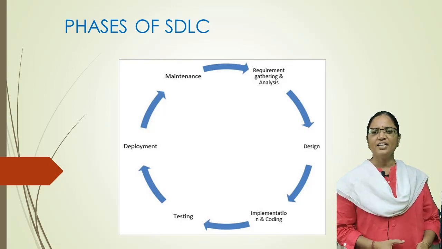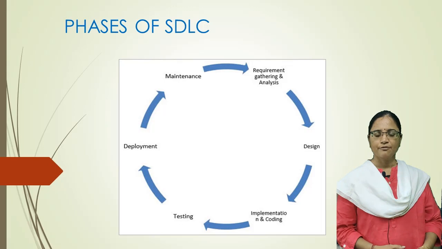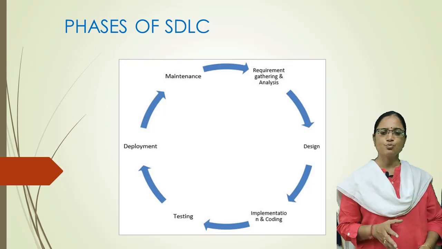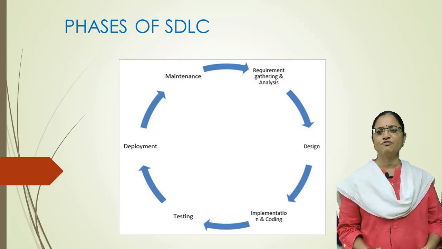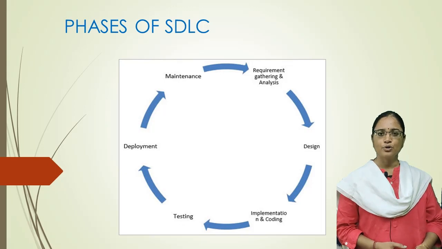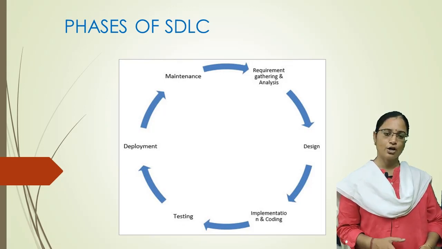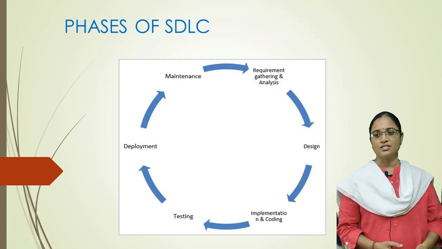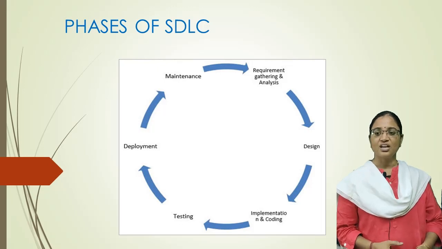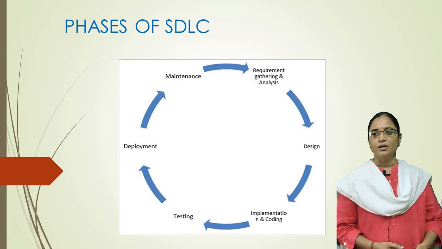There are mainly 5 types of feasibility checks. Coming to the feasibility checks, the first one is economic. Economic means financial. Can we complete the project within the budget or not? That should be considered. Next, legal issues and legal feasibility. Can we handle this project as per cyber law and other regulatory framework compliances?